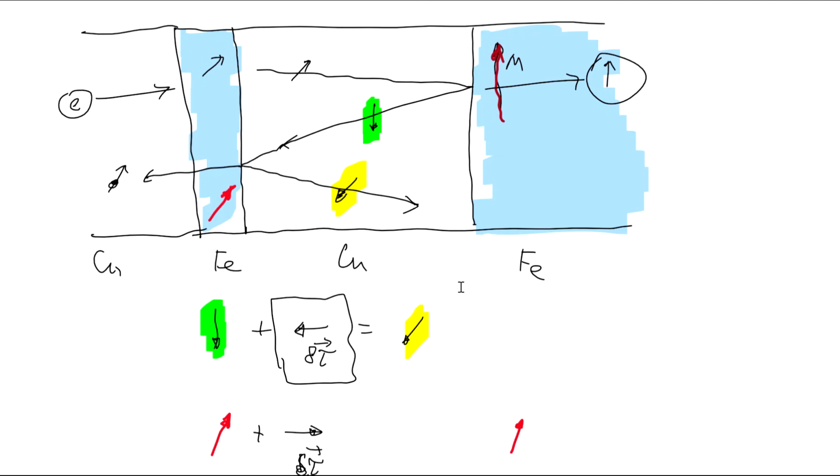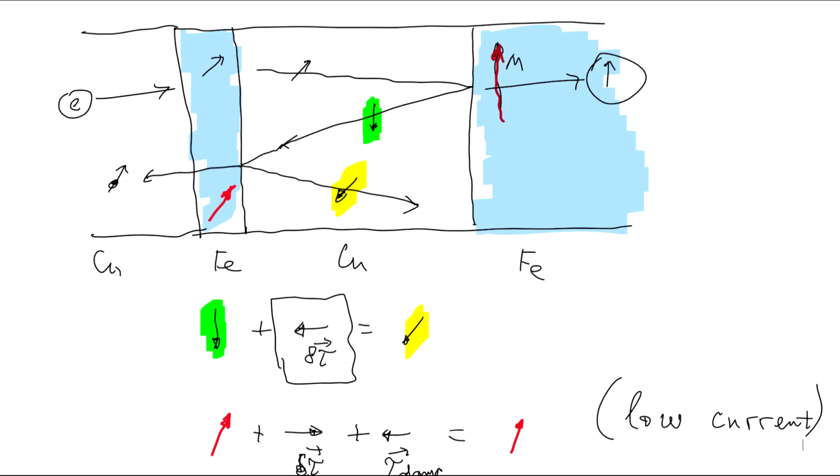So if you look at this image, we add a counter damping torque that doesn't let the magnetization rotate, and that's in low current. Low current. So one electron doesn't do much,